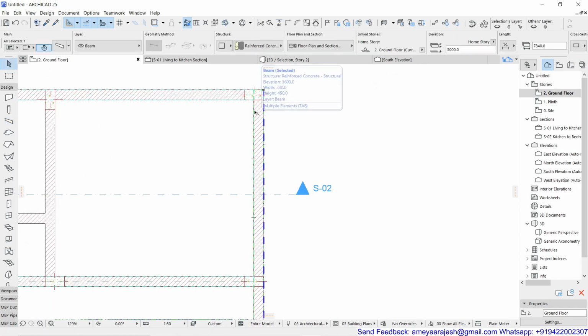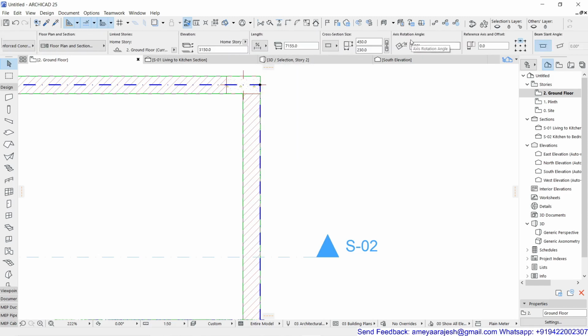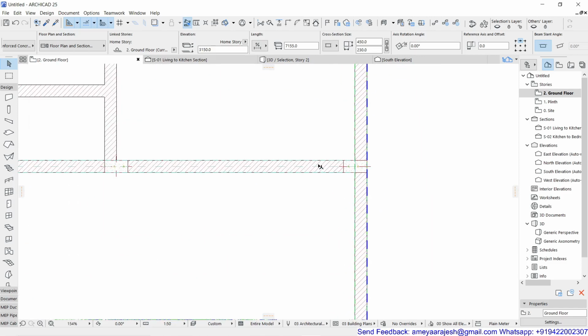But normally I never go for this because my edge and my reference axis get overlapped. It's not wrong, but normally it's not convenient. That is what I felt. Anyway, I can select this and this beam, and then use intersect again. This is always important: your beam reference lines, or reference axis, should always intersect with the adjoining beam if the framing has to be properly completed.